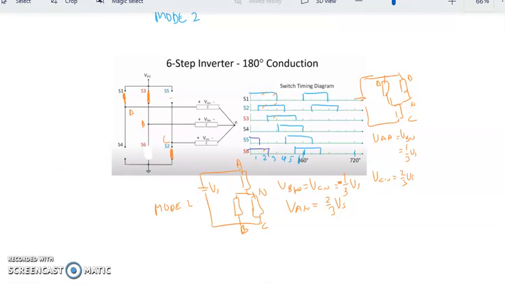4, 5, almost the same step. And if number 6, we can see that the switching device is on 4, 5, and 6 here. So 4, 5, and 6. So almost the same like mode number 2, but in terms of labeling, means that it comes into A,